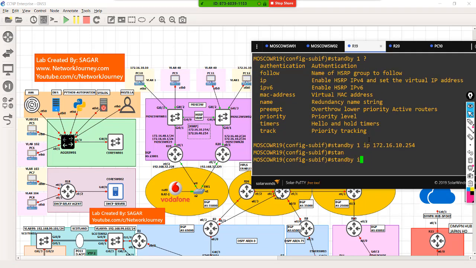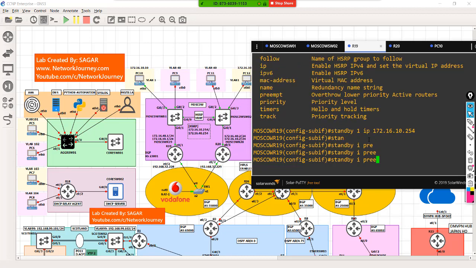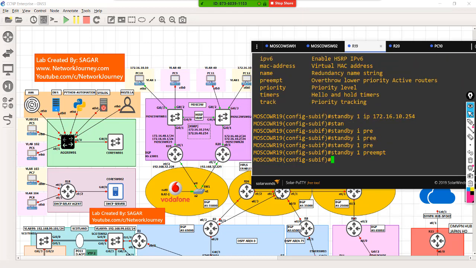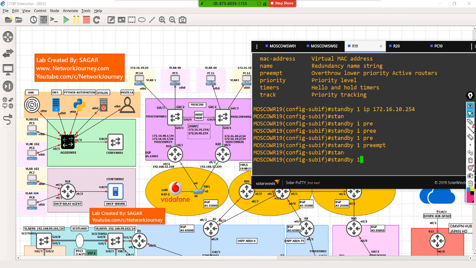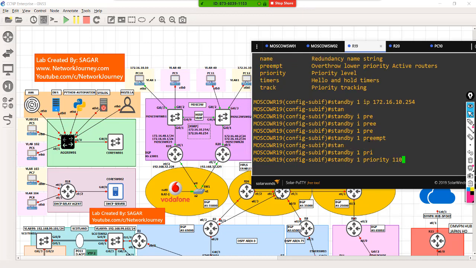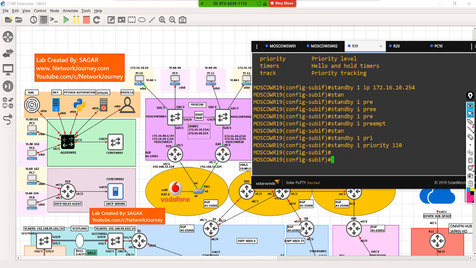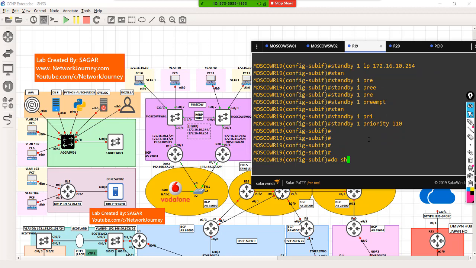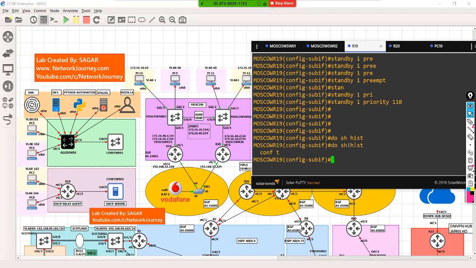Let's make use of preempt. Now you know what preempt is, right? Let's go with some priority. Let's go with priority 110. By default the priority for HSRP is 100. Let's go with 110 because I want this device to be the active device for VLAN 1. So just 3 commands should bring up the HSRP.